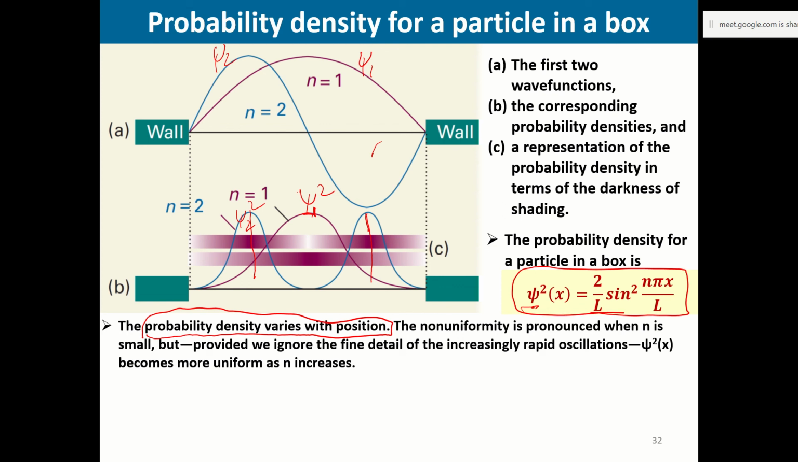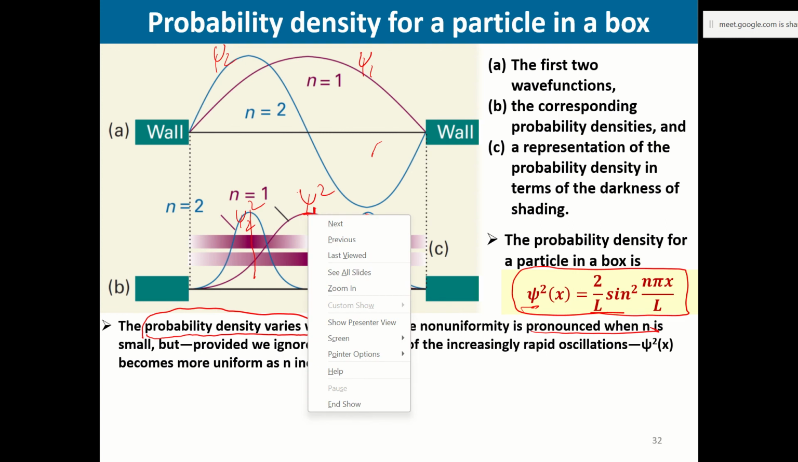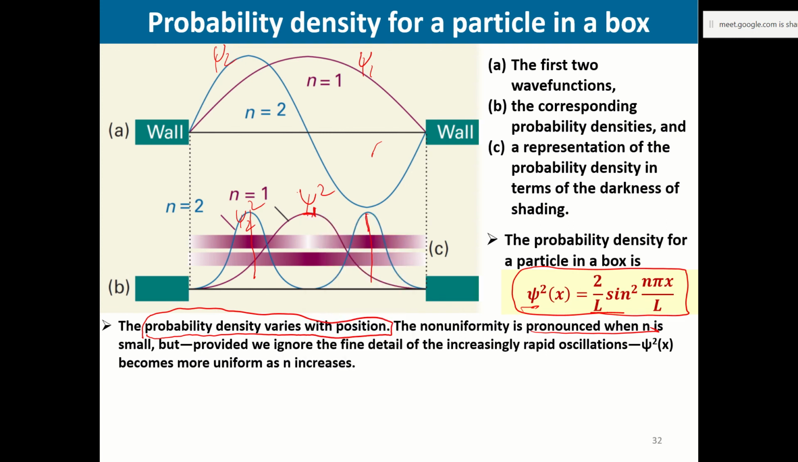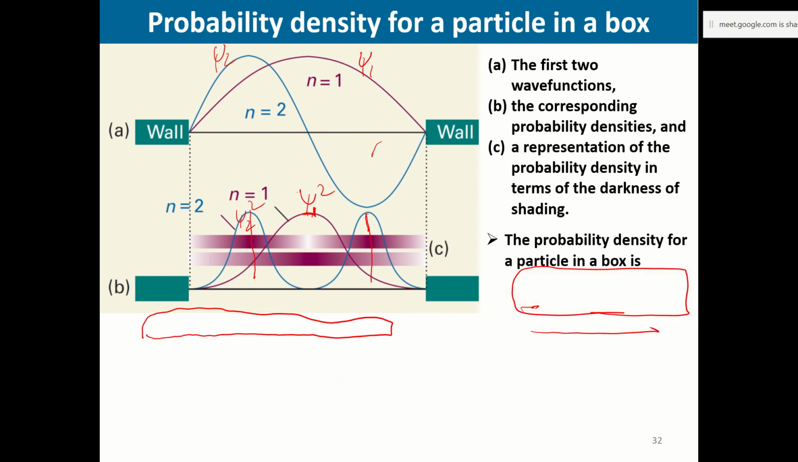Position will change, the probability will change with respect to position. So non-uniformity is also pronounced when n is small. You can see the first one has the maximum probability in the middle, and on the other sides it is less. So the particle is not to be found on the sides, but only in the middle portion of the box, that is at the lower energy. But when you go to n is equal to 2, you have equal probability on both ends. And as you go to n is equal to 3 further, the one that we have seen,